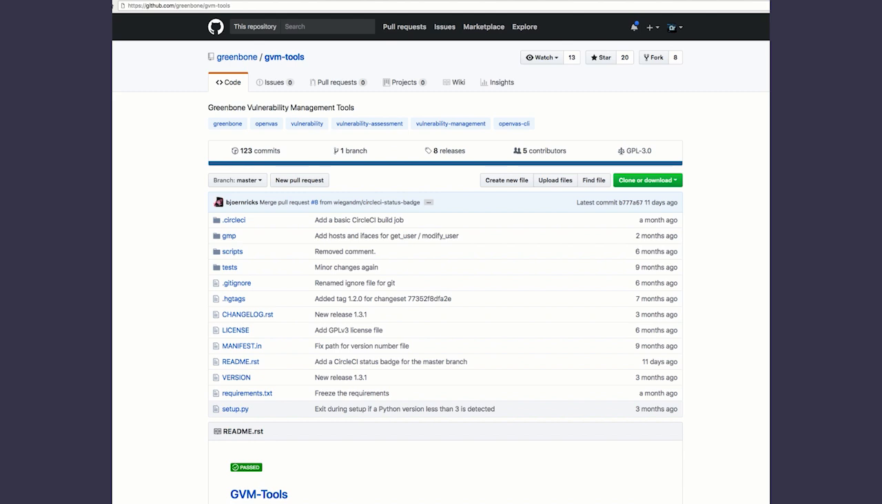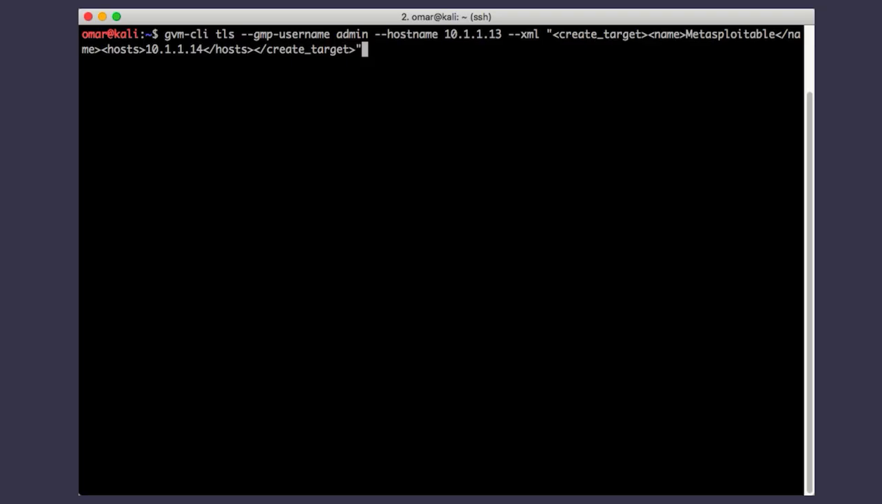Now you can install the CLI client and other utilities by following the instructions on this GitHub repository that I'm sharing here. In my case, I already have installed the utilities on my Kali Linux box. So let's see it in action. Let's create a target host